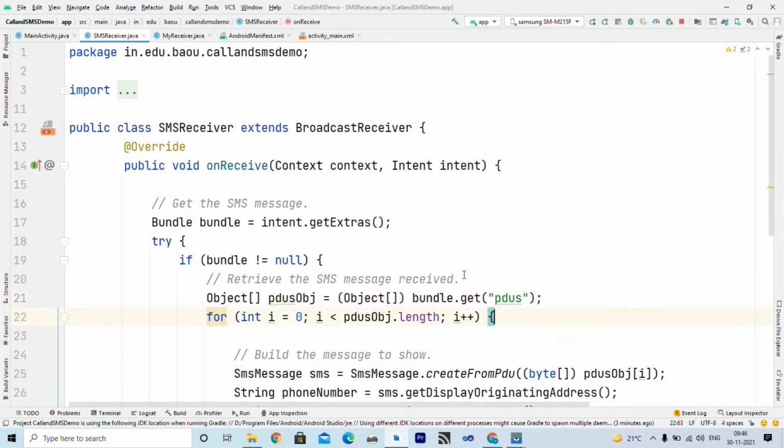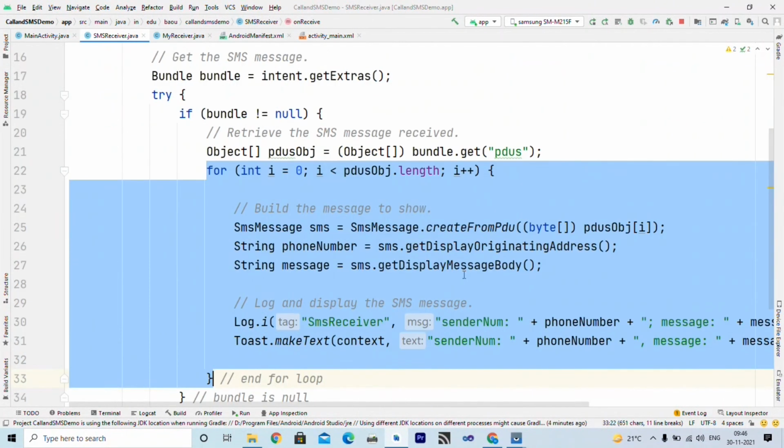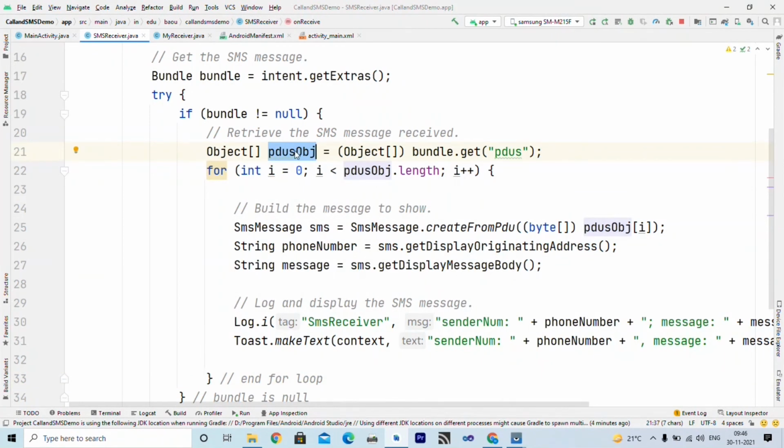If it is delivered in parts, we have to loop over all the messages. Inside the pdus object we get all SMS one by one. These PDUs are actually raw messages contained in the bundle object. So I loop from 0 to pdus object dot length.